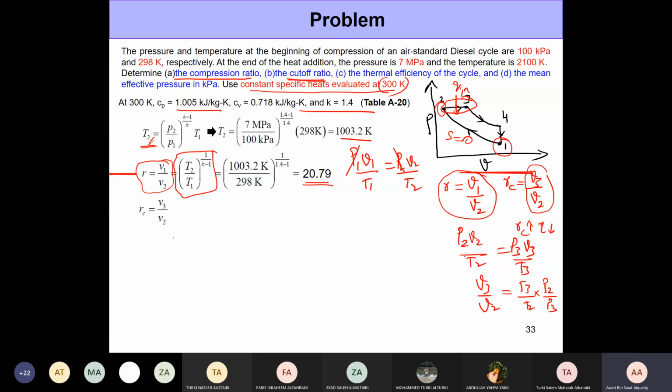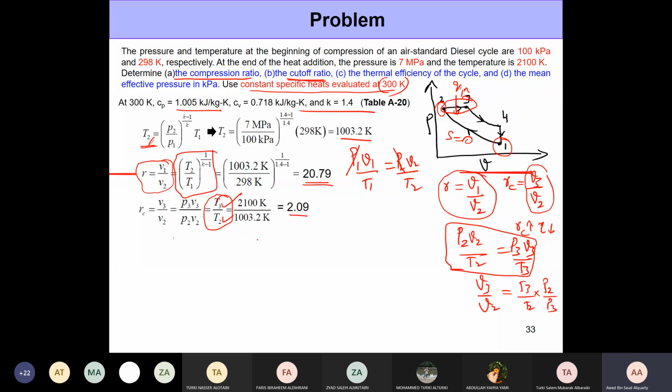So I could do it this way, or what I could also do is multiply with pressure on both sides, and P3 is equal to P2. So I'm basically multiplying by the same number. And from this formulation itself, P3 V3 by P2 V2, if you look at this formula, it gives you the ratio of T3 by T2, right? Either way, there are multiple ways of coming up to this, but eventually you end up with this ratio T3 by T2. And T3 is given in the question, T2 we calculated already. So it just comes out to be 2.09, right?